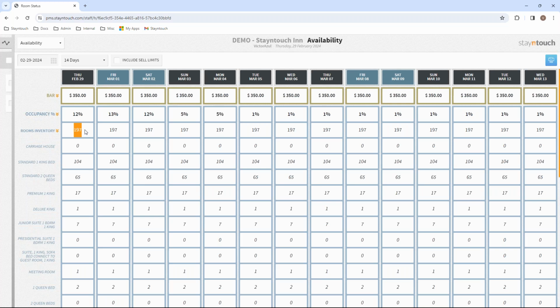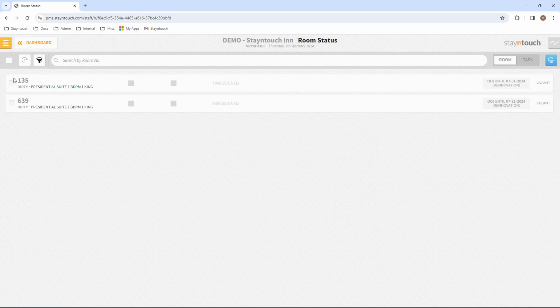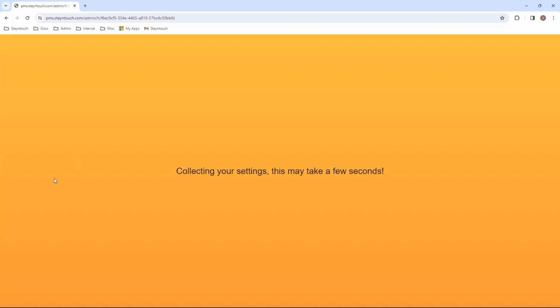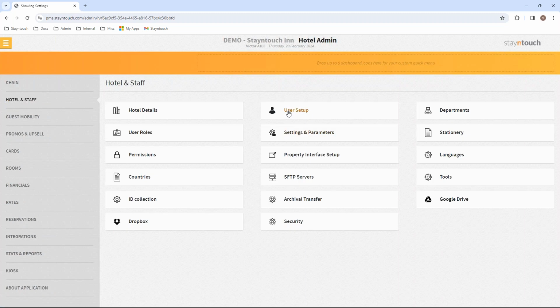And again, if you are interested in that, feel free to reach out to the support team so we can activate that for your property. With the out of inventory feature as well, this is permission based. So with the user role, you can assign that permission. And if you don't want that permission assigned to a user role, you obviously don't need to assign it to that user role. So I'm just going to my settings here,